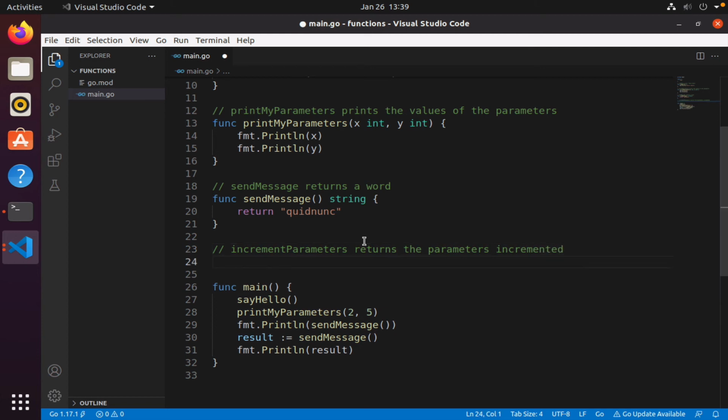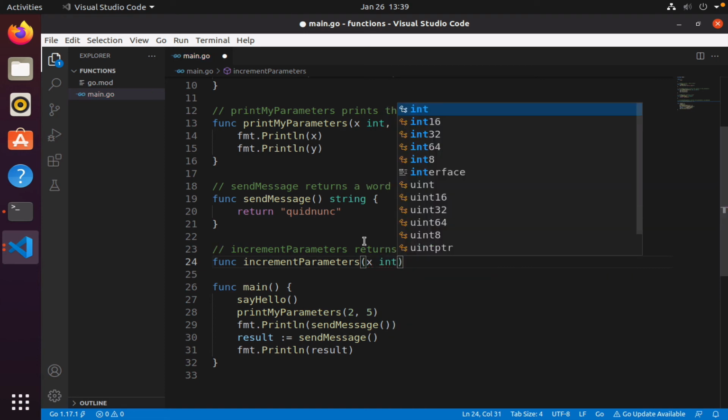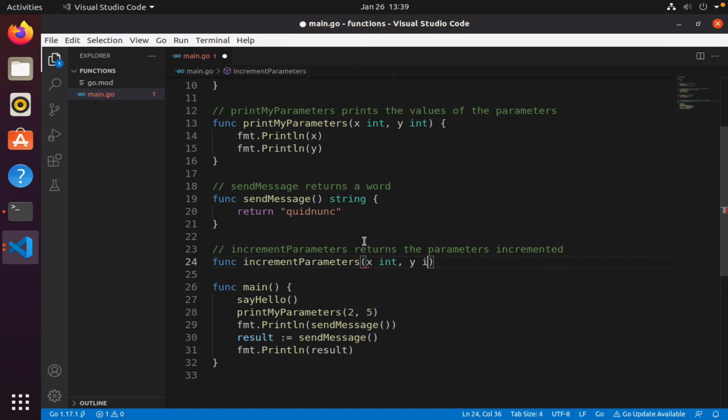Okay, so great. Func increment parameters. We're going to call the first one x of type int. The second one y of type int. And it will return,